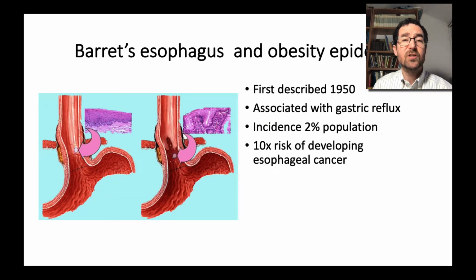So a word about Barrett's esophagus, first described just 50, 60 years ago. It's associated with gastric reflux. We see it in 2 to 3% of the population, but these patients have a 10 times increased risk of developing esophageal cancer. Now, it's not my job today to talk about the treatment of Barrett's esophagus, but generally speaking,